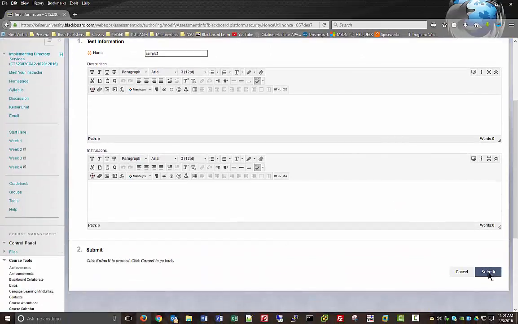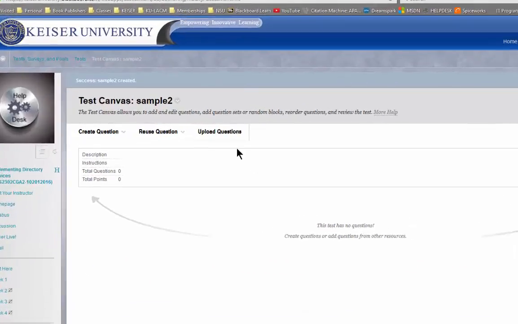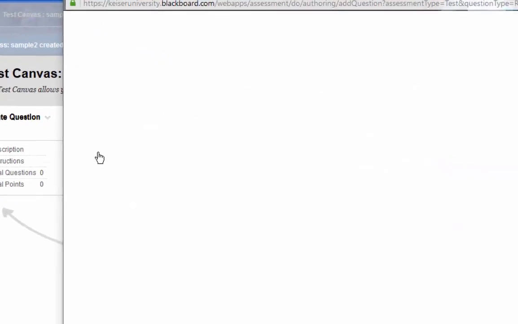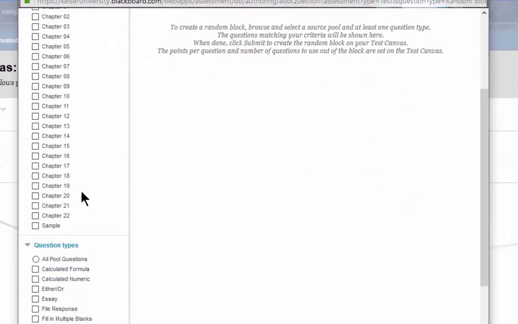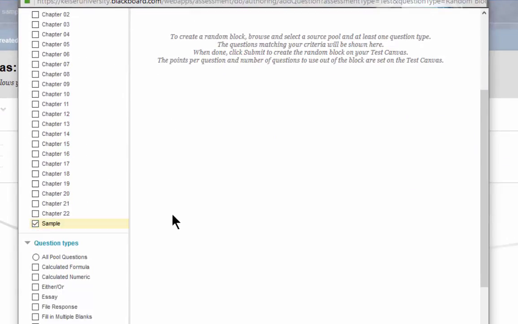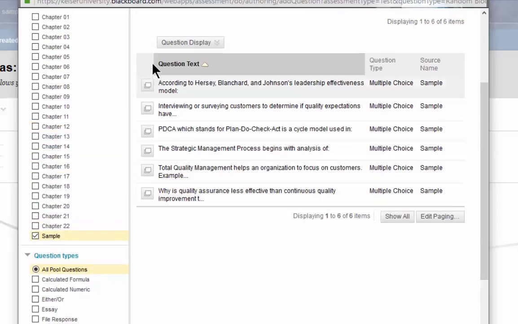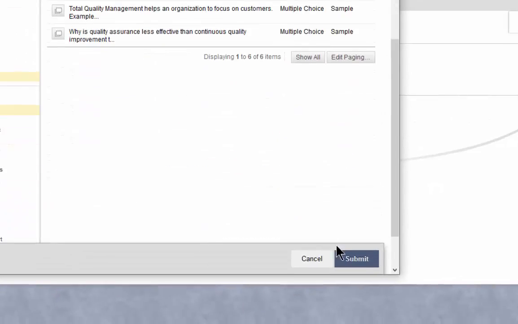I'm not going to place any instructions. Now when I want to reuse questions, I can create a random block. Go to my pools, and here is my new sample pool. I'm going to use all types of questions, and here are the 6 that we built earlier. I'm going to submit,